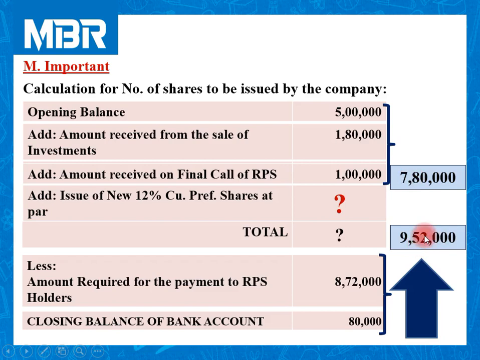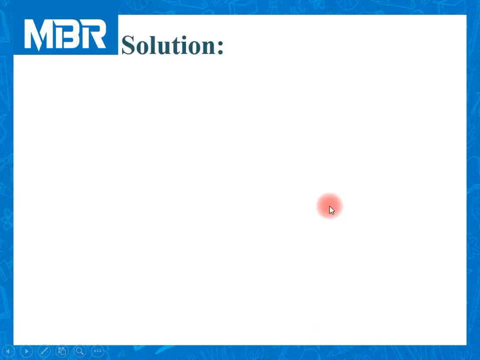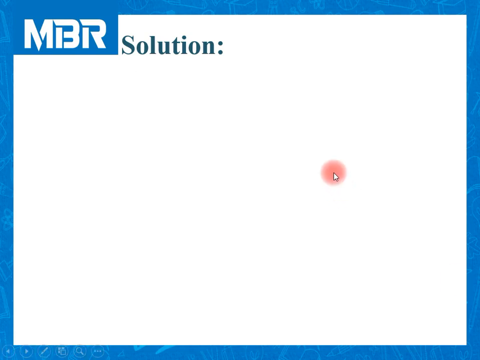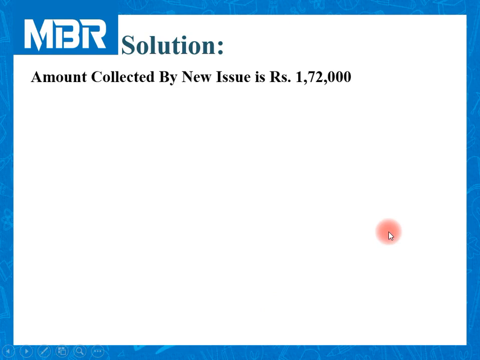We need rupees 9,52,000. So naturally, the amount of difference is rupees 1,72,000 to fill this gap. It means we need to collect rupees 1,72,000 by issuing 12% cumulative preference shares. Let us calculate the number of shares using the amount collected by the new issue, which is rupees